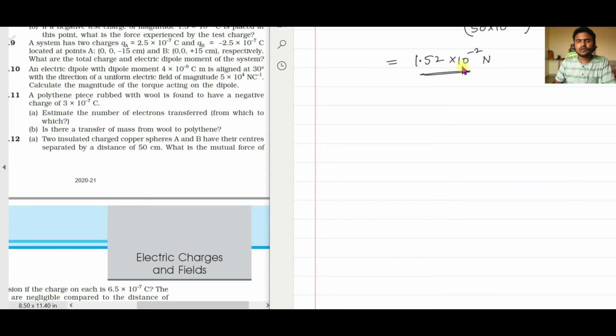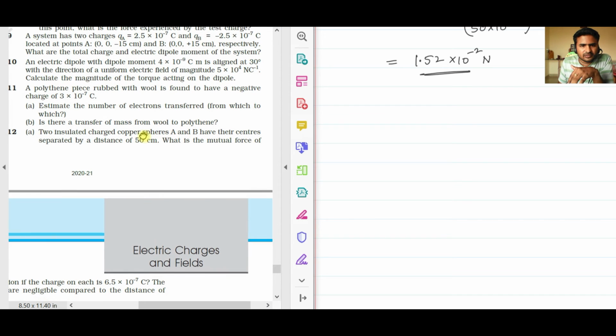Though it is a sphere carrying a charge, it will still behave as if the entire charge present on the sphere is concentrated at the center, just like a point charge. While deriving the expression for electric field outside a sphere carrying a charge, you can also see that we get the same expression as the electric field due to a point charge, which is kq by distance square. All right, now the next question.